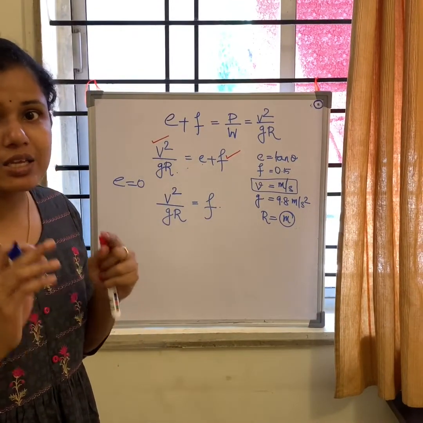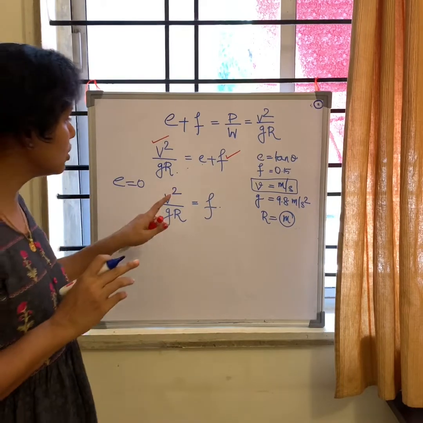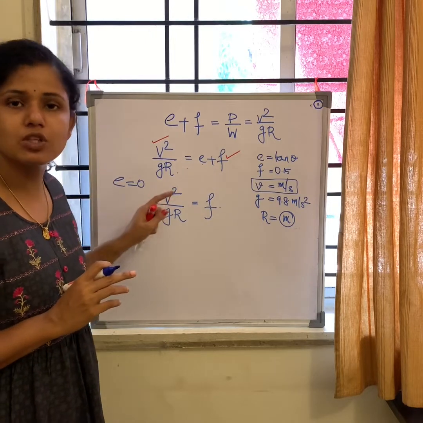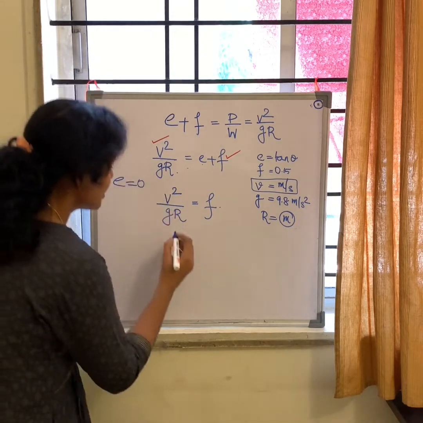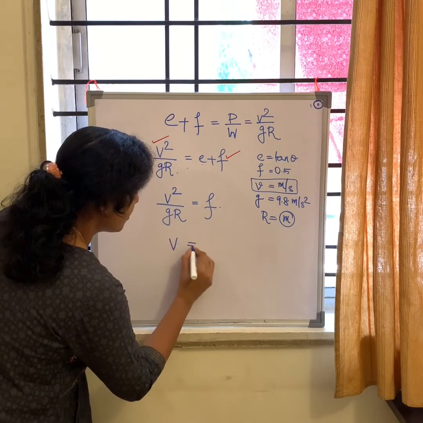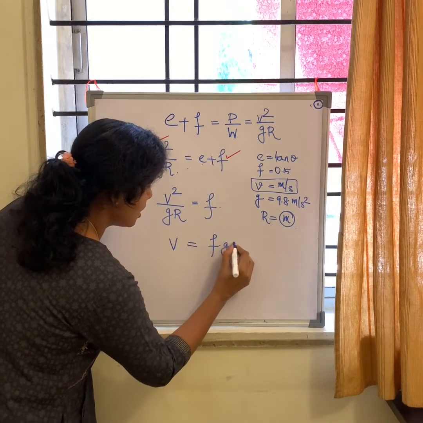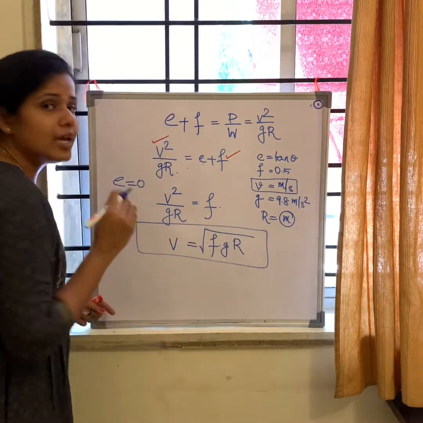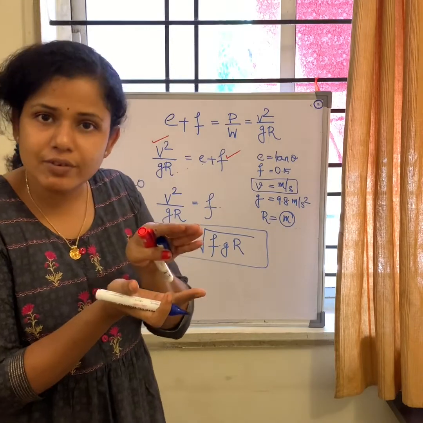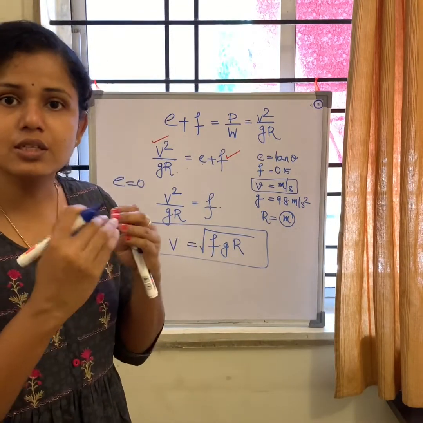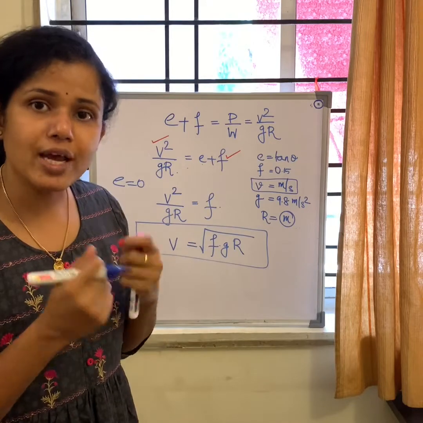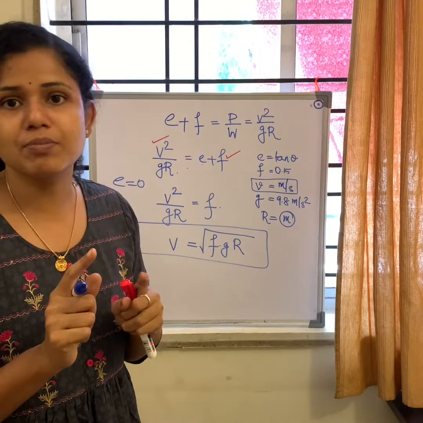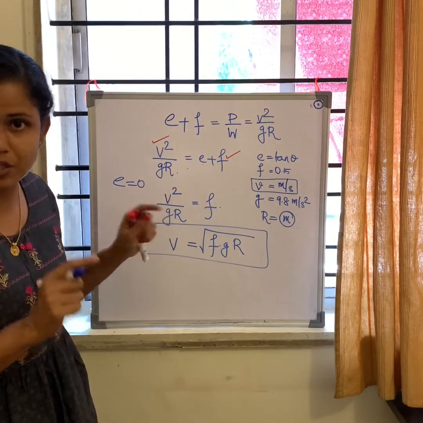But in that case, it may not be that easy to design it with respect to the design speed. So you may have to give some constraint with respect to the allowable speed here. What will be that speed in that case? Square root of FGR. In other words, if there is a road in which no super elevation can be provided, please understand this centrifugal force has to be counteracted by the coefficient of friction. And that way, there should be some consideration for the design speed because you cannot have the same design speed. There should be some restriction.